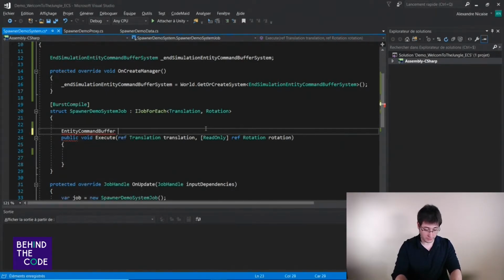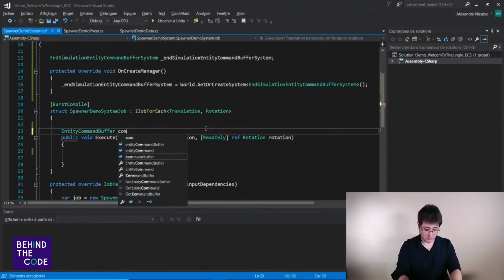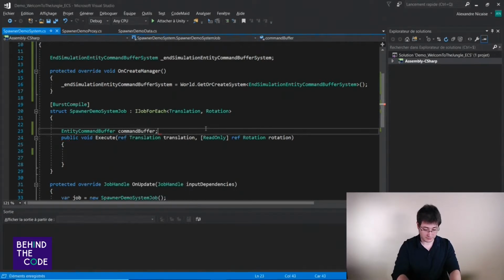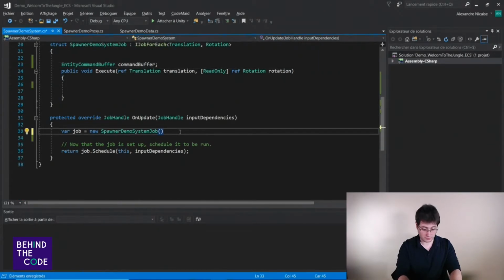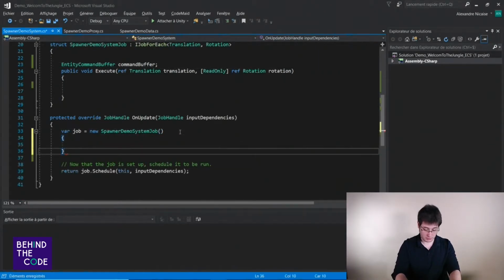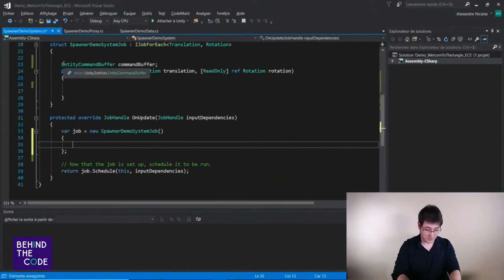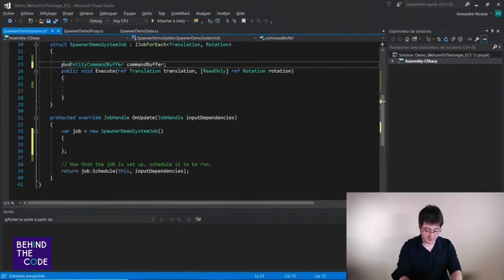So entity command buffer, we name it command buffer, like this, and that's it, and we add that like this. We didn't put it in public, so we can't access it. That's normal.